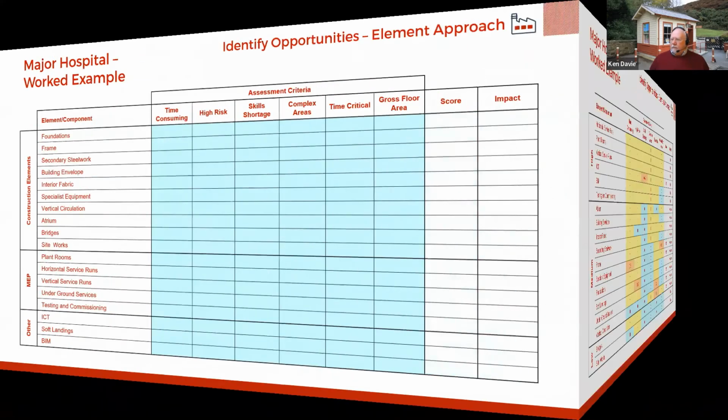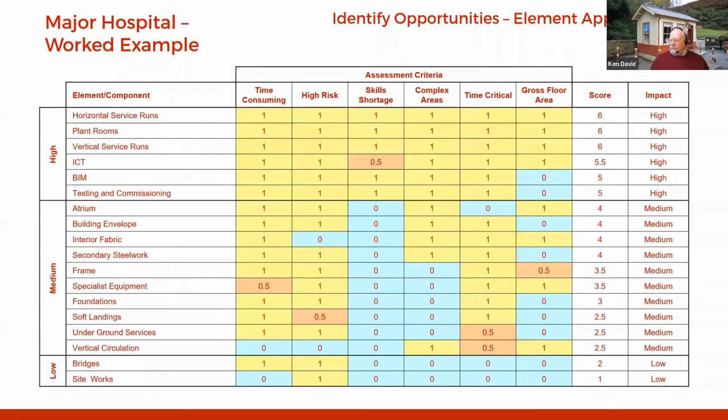So when this was scored, it actually looked like this. The team decided that they wanted a maybe, which is why the 0.5 crept in. But what this then did is, with the high scores, obviously above 4, that's where we would actually start to look at putting our time and resources into the offsite element of it. So again, you could apply this to any particular project by just deciding which elements, components that you actually want to assess.